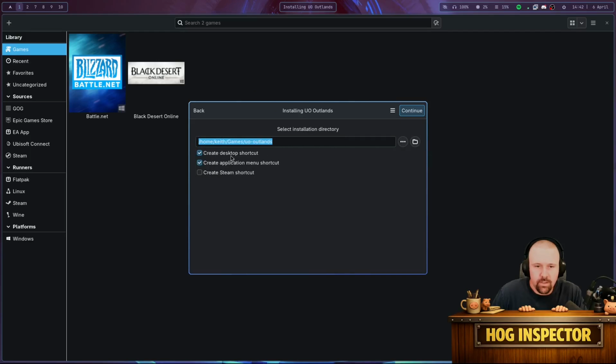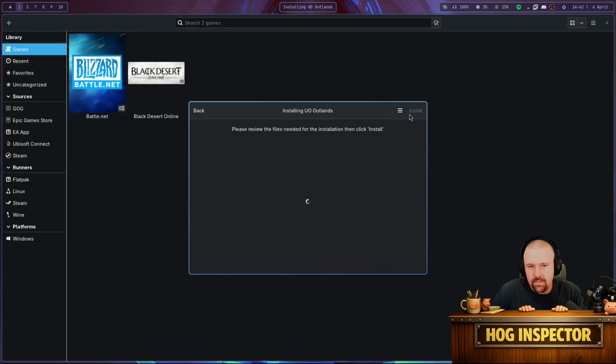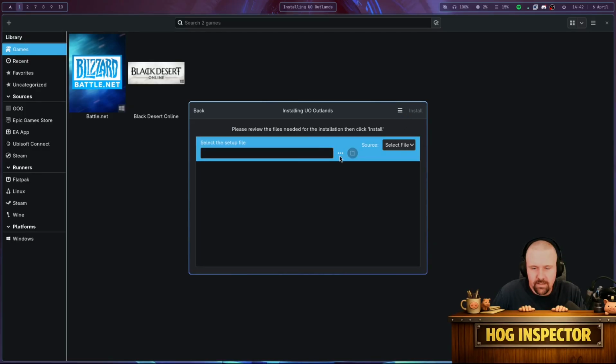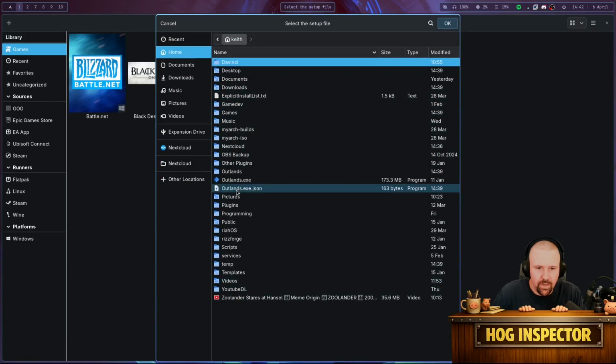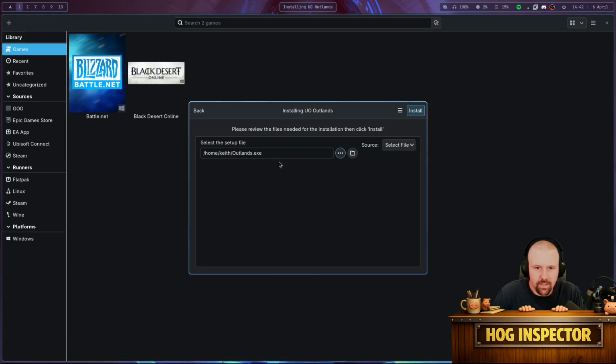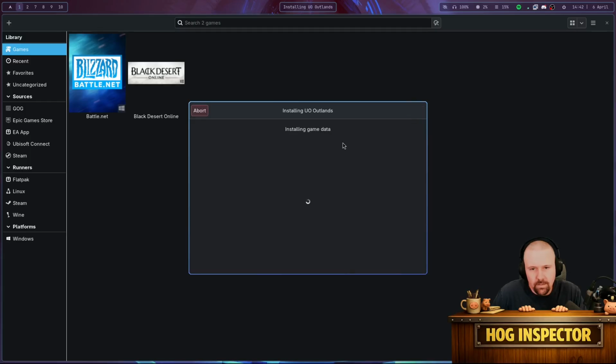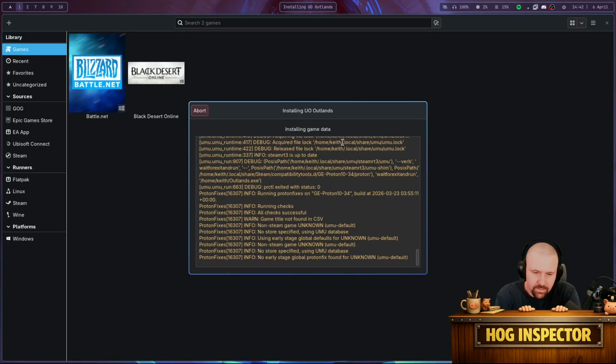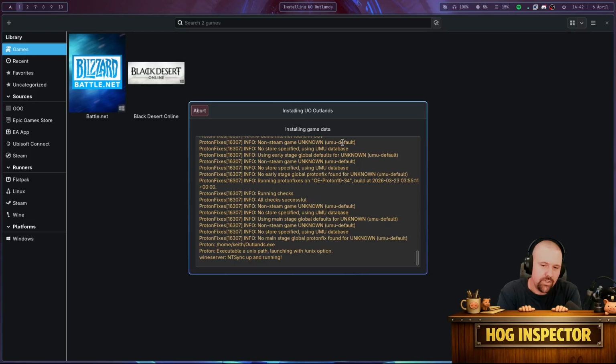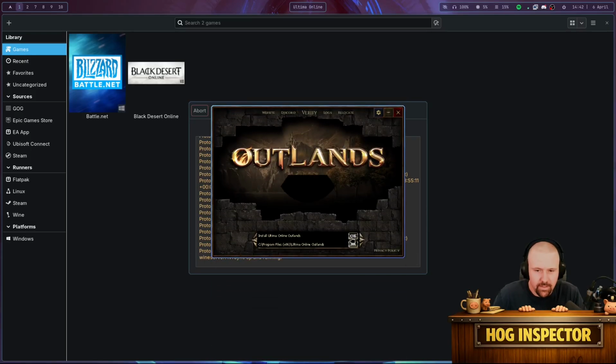If you want it to show up on your application launchers, you're going to want to check these boxes here and then continue, and then select the setup file. So I have it right in my main folder, outlands.exe. Install. It'll do its thing and the launcher should pop up, and then you just click OK